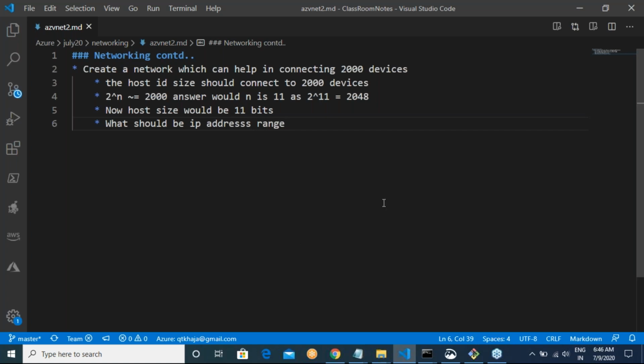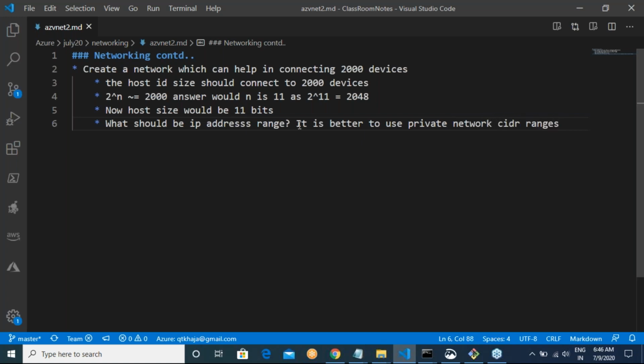Generally, whenever we work with these notations, we always end up creating private networks in the cloud. Although Azure allows us to use any IP addresses, it is a good idea to always stick to private CIDR ranges. So what should be the IP address range? It is better to use private network CIDR ranges.